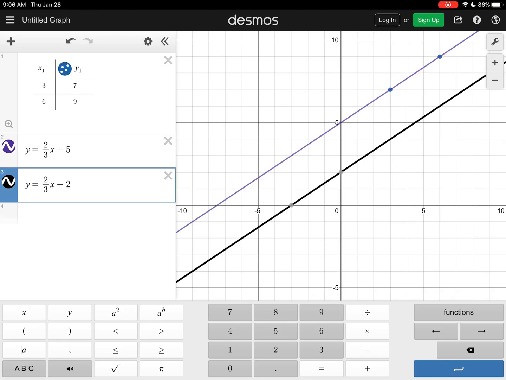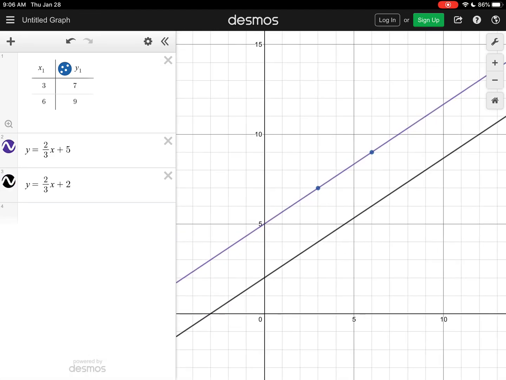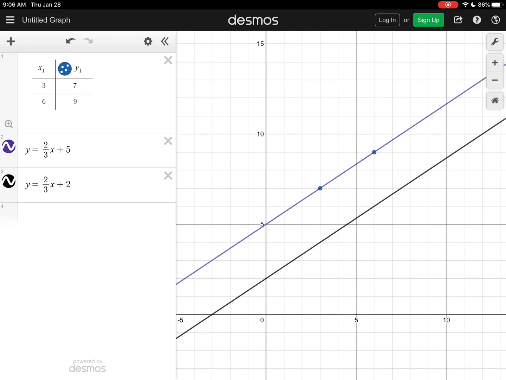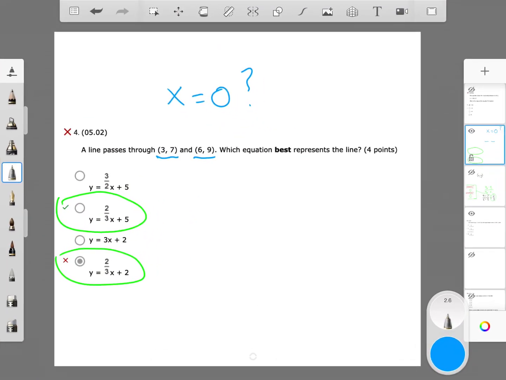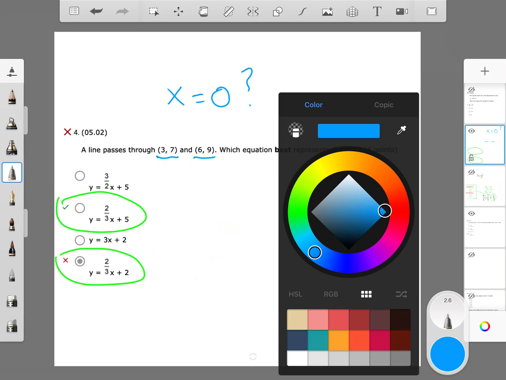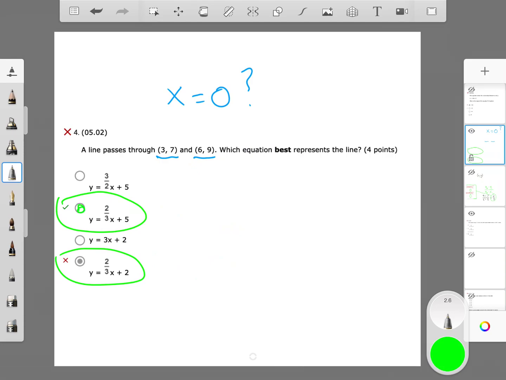They have the same slope, but only one of the lines goes through our desired points. And we can see that. I'll turn it on and off. We'll make it blink. Okay, y equals 2/3 x plus 5. Because that line goes through those 2 points, I know for sure this is the right answer. I've tested it. I've solved it a couple of different ways. We figured out the slope. We looked at the y-intercept. We want to go with 2/3